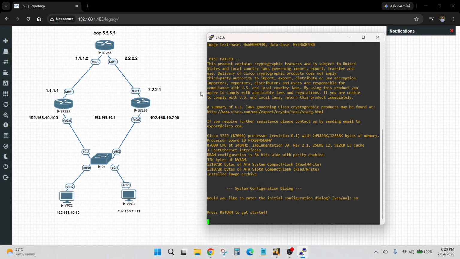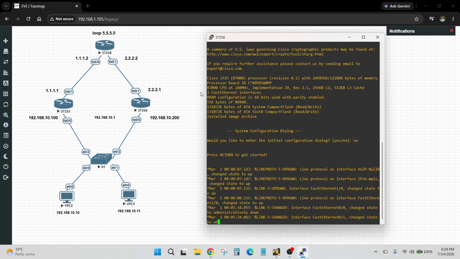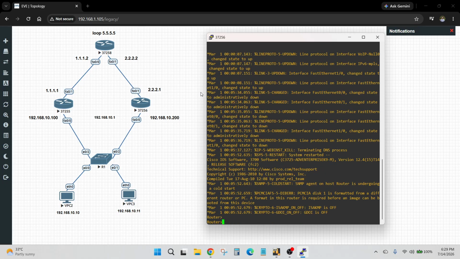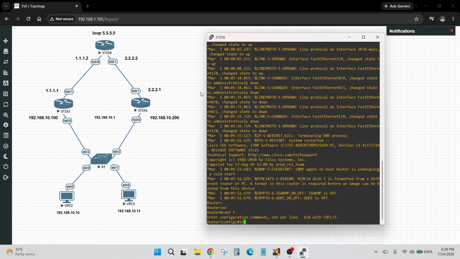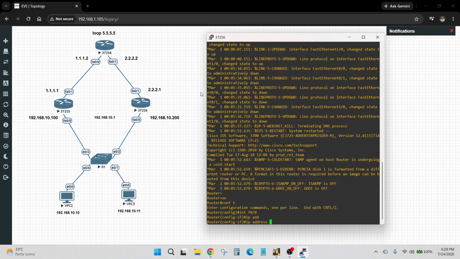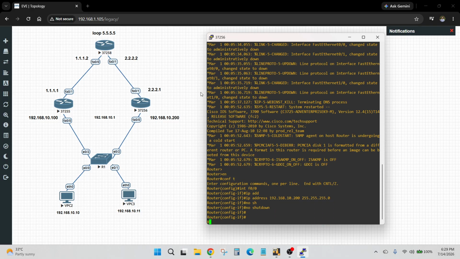In the same way we can configure router 2. Enable, configure terminal, interface fast ethernet 0/0, IP address 192.168.10.200, and we assign the subnet mask and no shutdown.